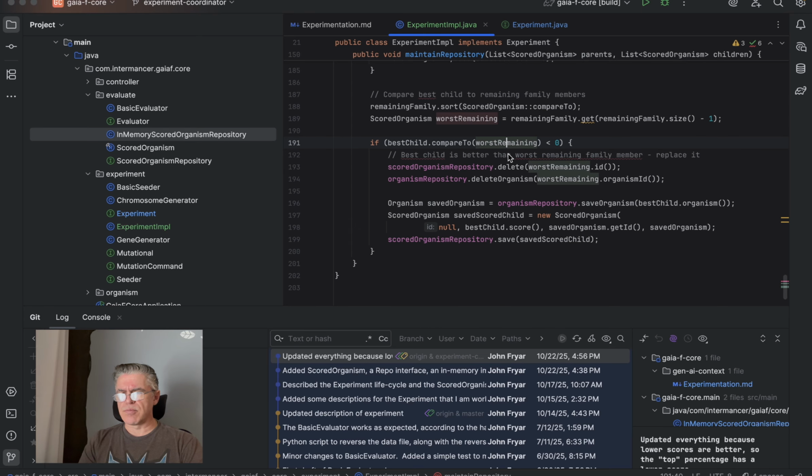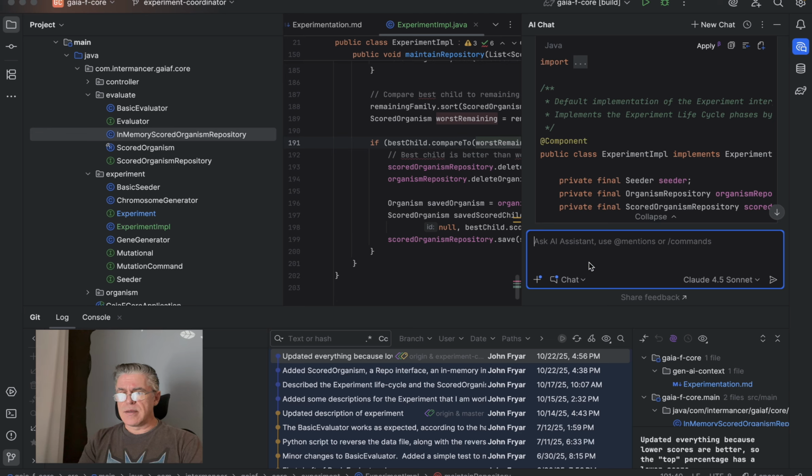Okay, so here's a problem. See, it's comparing the best child to the remaining family, but if it replaced the previous one, if it replaced the worst parent, then we know it's going to be replacing that one. So we'll always end up at most with the best parent in one of the children. So let's go back to the AI and say,